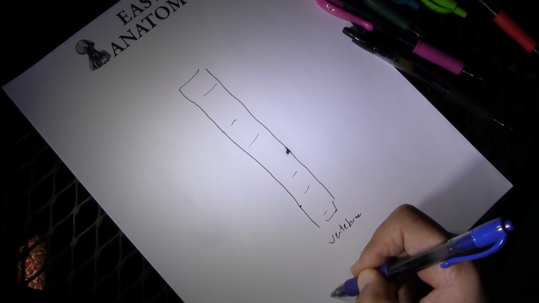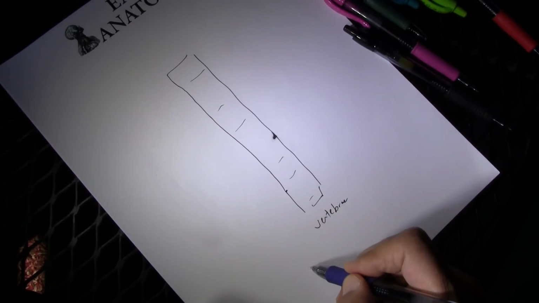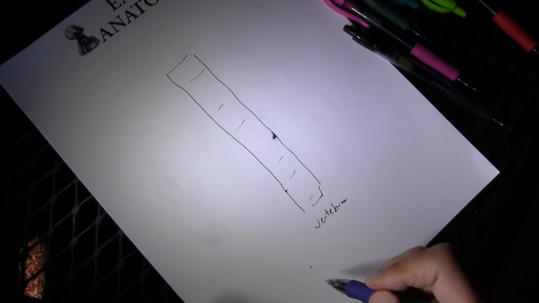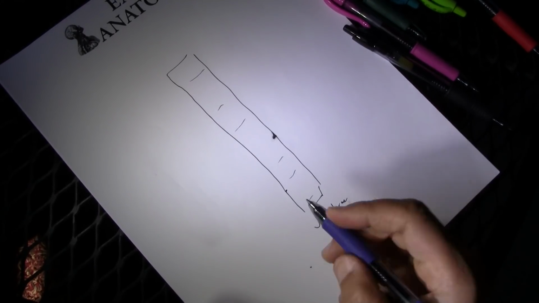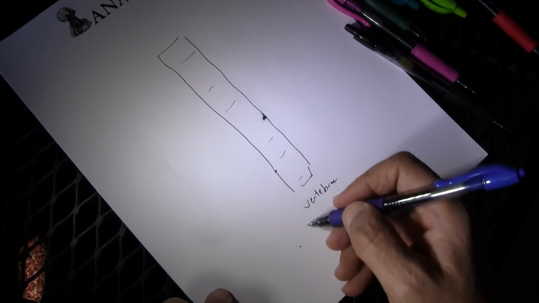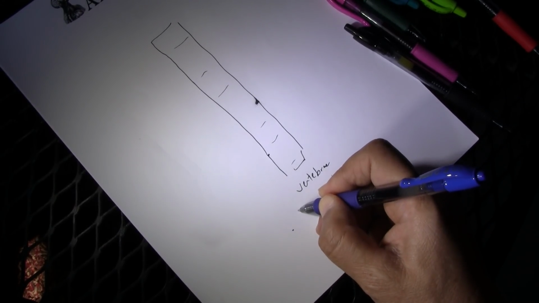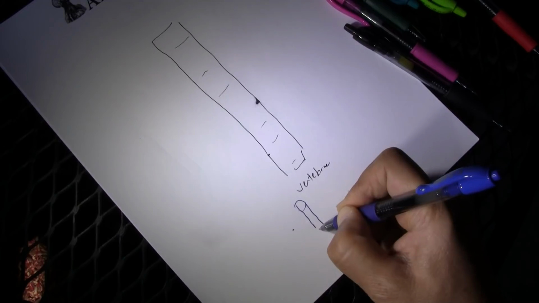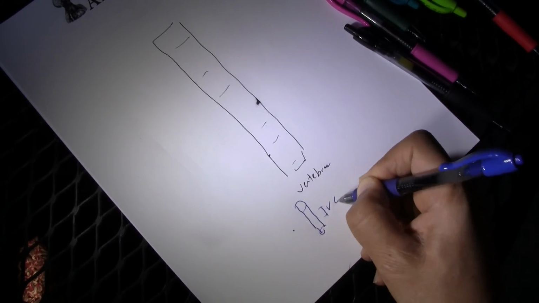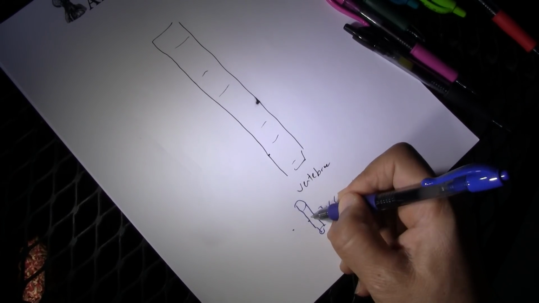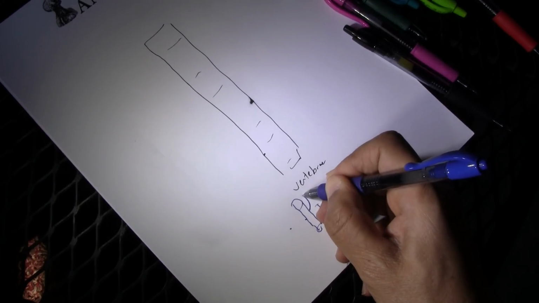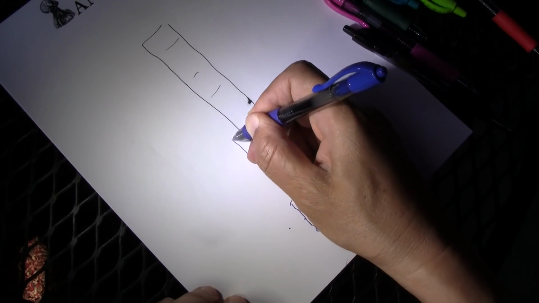This azygos vein starts in the abdomen. The same for the inferior hemiazygos. How does it start? It has different ways to start. Either, here is the inferior vena cava, either coming from the inferior vena cava and ascending upward